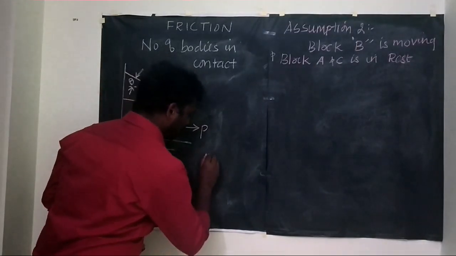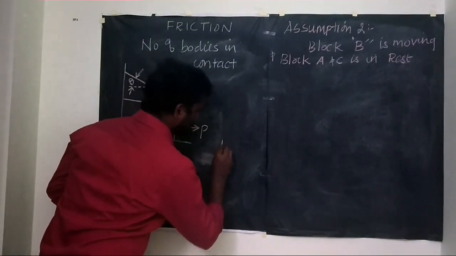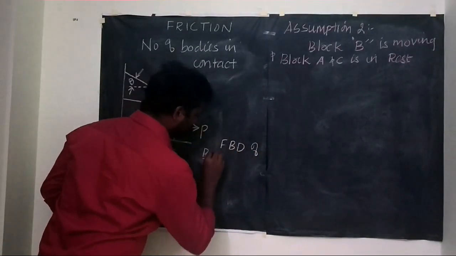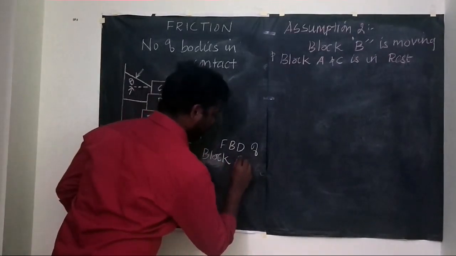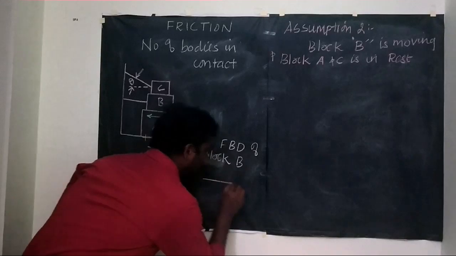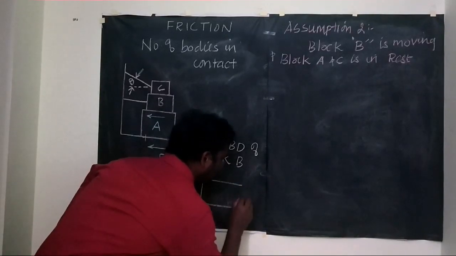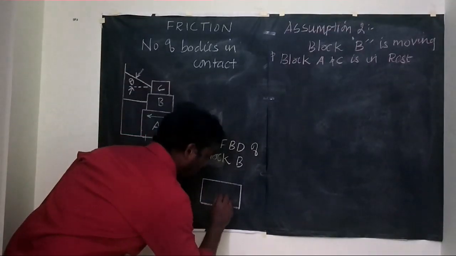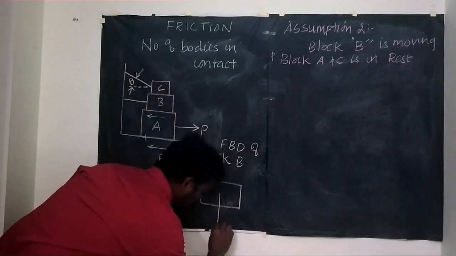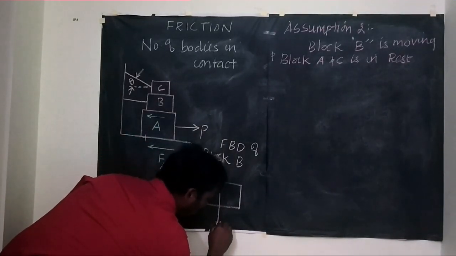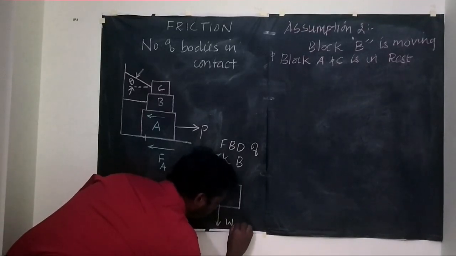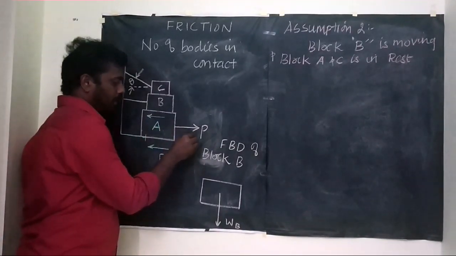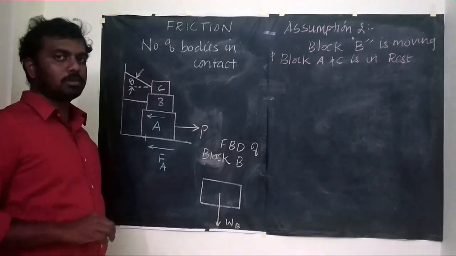Now I am going to draw the free body diagram of block B. Okay, this is my block B. This is the center of gravity of block B. Here the self-weight acts, which is mentioned by capital W suffix B. Then, due to application of the external force P, this string exerts some tension force